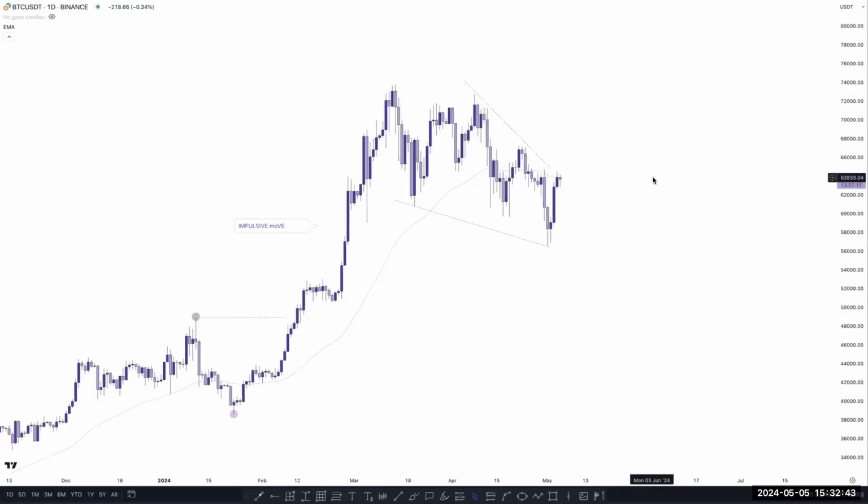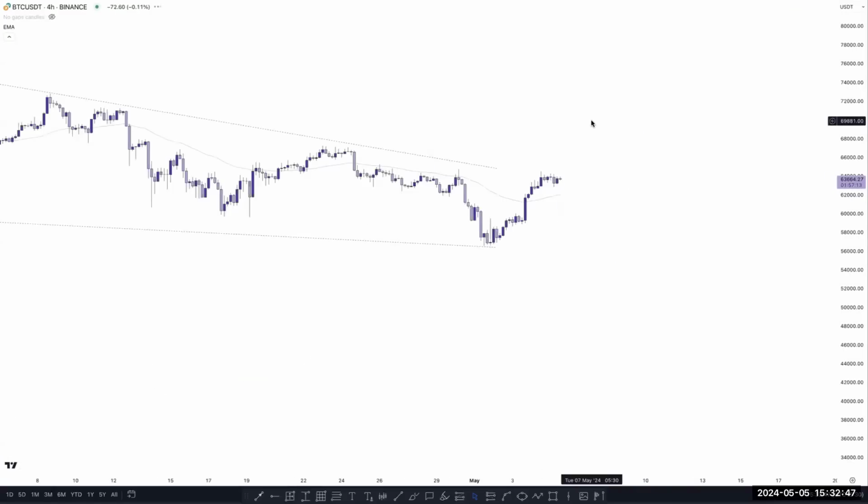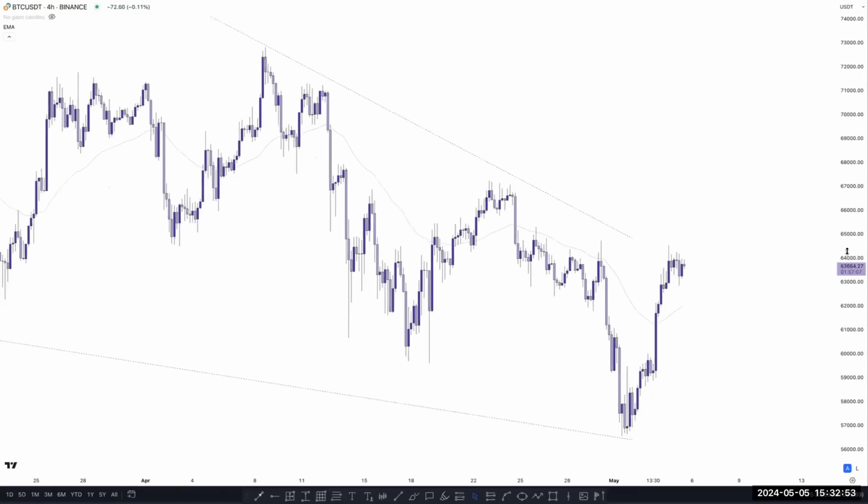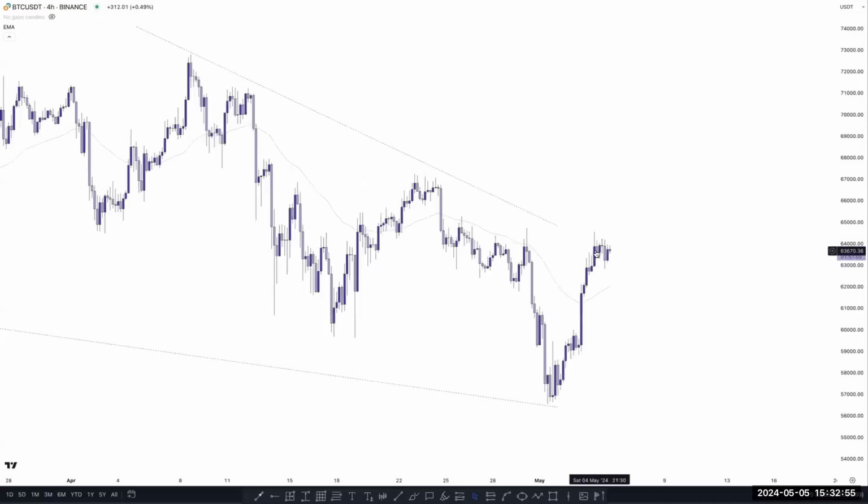Let's switch here in a 4 hour time frame. What happening here in a 4 hour time frame is a similar story here. As I mentioned, the price just creating continuation pattern here, like a strong move to the higher, and again we are waiting here to create a continuation pattern and break this one.